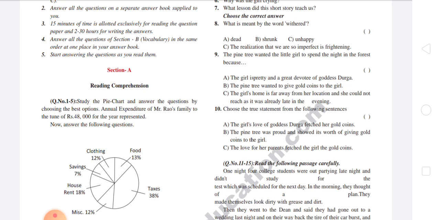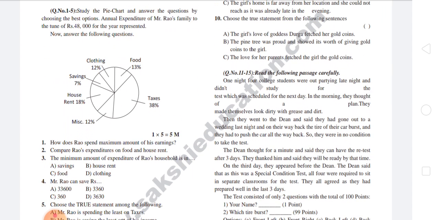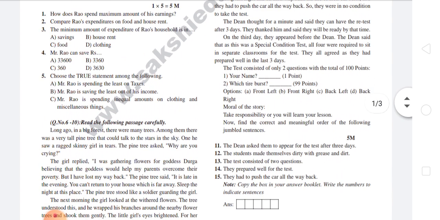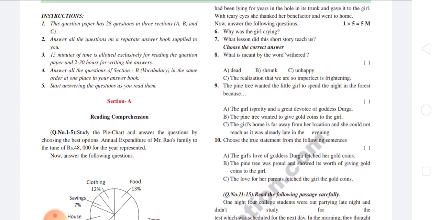So what should we do? We should analyze the given chart very carefully and then answer the questions asked under the chart. He will ask questions 1 to 5 and each question carries 1 mark, so 1 into 5 is equal to 5 marks. Now the second section, questions 6 to 10: read the following passages carefully. It is also a completely out of syllabus passage and we should read it very carefully and understand everything happening in the passage. Then we should answer the questions given under the passage. If you write answers perfectly for these 5 questions, you will get 5 marks because each question carries 1 mark.